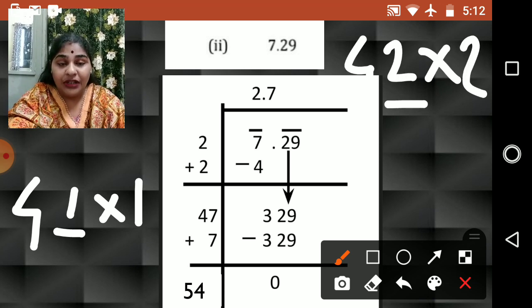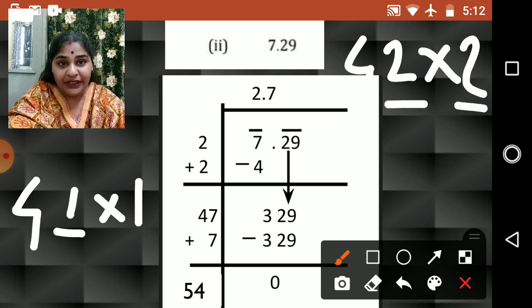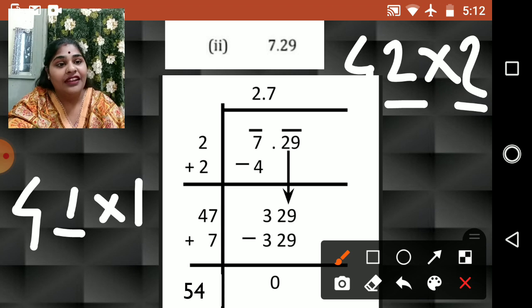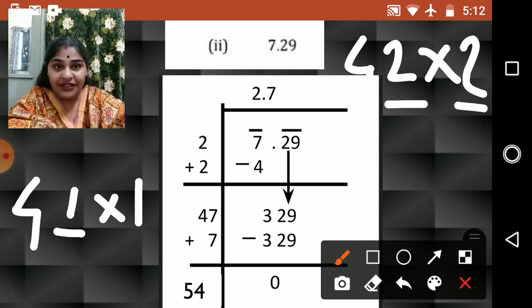So this here you have to fill and take the same number over here and check which number you will get equal to or less than whatever number is present here, that is 329. So this you have to work out, children, okay, in the rough, and then you can find out easily. Now one more method I have already told.